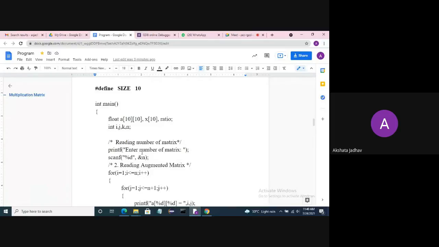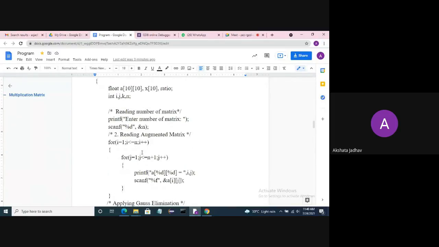Okay, and read the augmented matrix. Augmented matrix means how many rows you want to insert into the matrix. It starts from i equal to 1, then i less than n and i plus plus. We already discussed it in the earlier session.